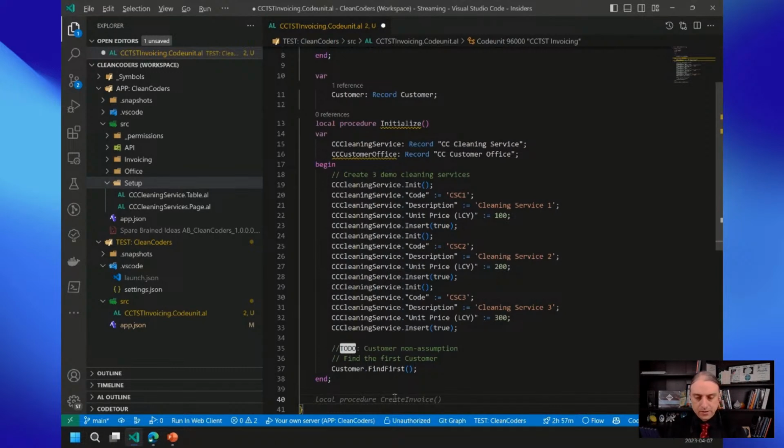So in our sequence of things, we are going to, first of all, test: can we create a customer office? That's all. It's a silly test, but even if it's a silly one, what if there's an event that catches something that you don't know about? It's a good thing to test for things. So let's test that we can create a